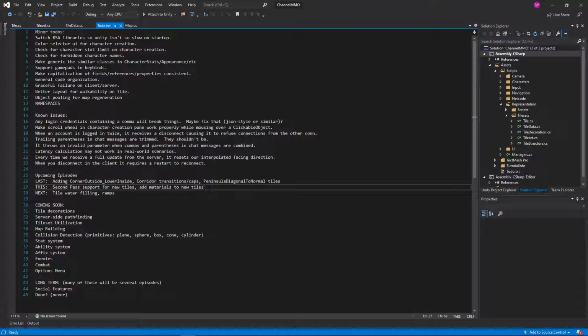Hello everybody and welcome back to the multiplayer project, where last episode we did add materials to new tiles, but we did not necessarily do second pass support for new tiles. I'm not sure we're going to get this 100% done this episode because I'm not very prepared for this, but we are going to give it a go, and the first thing that I want to do is make sure